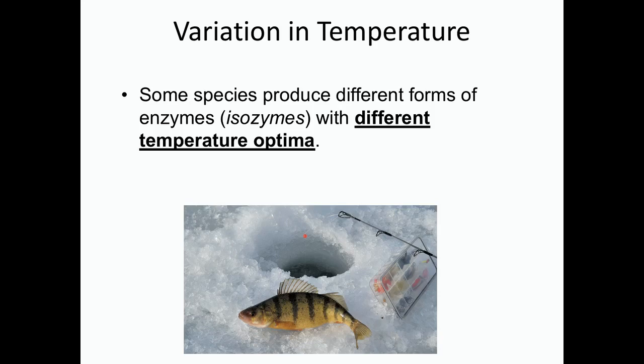Now, there's a downside to things like this. They now have to be able to produce multiple enzymes. This might cost more in terms of energetic resources than it would to produce a single enzyme. It's a much more complicated system, and we'll be looking at things like energy trade-offs in the future.